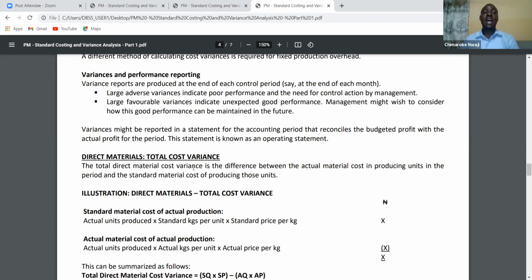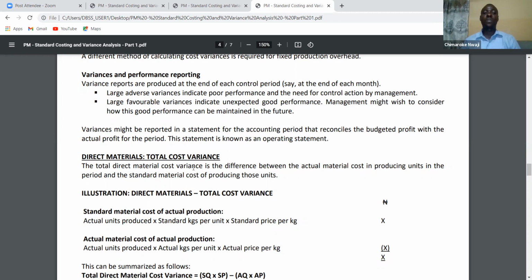Now, if there are large favorable variances, it indicates unexpected good performance. So management will want to consider, how did this good performance come unexpectedly? Can we maintain it in the future? Now, variances might be reported in a statement for the accounting period so that it can reconcile the budgeted profits